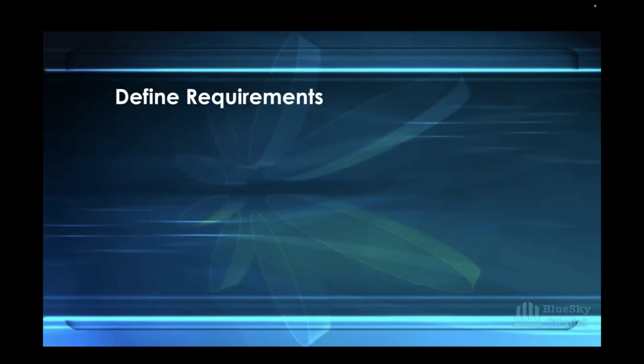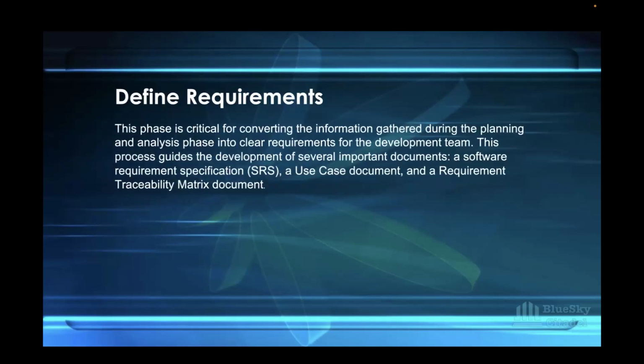So for defining the requirements, in this phase, the development team will then define the requirement, bearing in mind all the information gathered. So as it says, this phase is critical for converting the information gathered during the planning and analysis phase into clear requirements for the development team. So like I said, this bit is where the developer would then define the requirements by investigating the validity and the possibility of incorporating